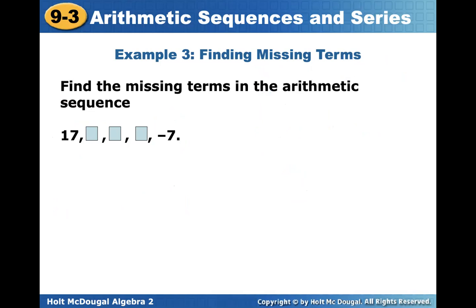Well, I'm going to show you. What if, let's pretend for a minute, there was just one term in between? How would you find that? Okay, so how would we find the middle? Add them up and divide by 2. Okay, that would be what? 17 plus -7 is 10. 10 divided by 2 is 5. Isn't that what it was earlier? All right. Now,